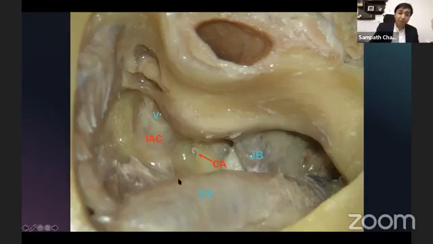Now this is the jugular bulb. Internal auditory meatus has come into view. There is some bone between the middle fossa dura. These are all deeper parts of the petrous bone between the middle fossa dura and the upper border of the IAC, and there is some bone between the IAC and the jugular bulb.